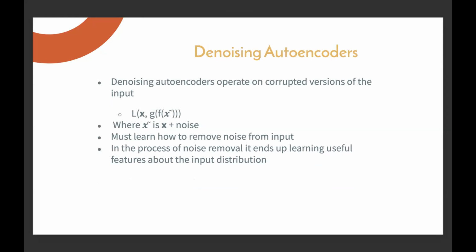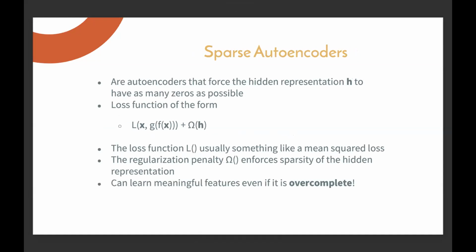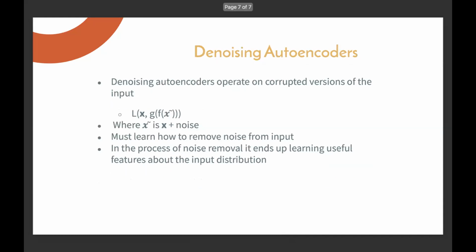Okay, the third type of autoencoder is used for denoising. The denoising autoencoder can operate on corrupted versions of the input. For example, if x is a corrupted image, we can denoise the image to reconstruct it. So the loss is the same as before, like mean square loss or perceptual loss. But here